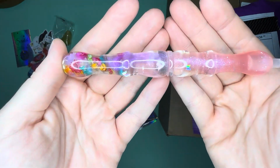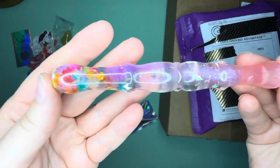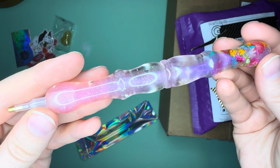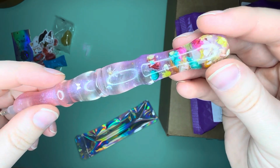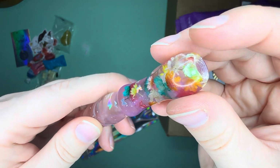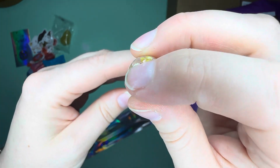And I could not resist this one. And I'll show you why I got this one at such a discount. It's a beautiful, beautiful pen. And when they were turning it, it was a pretty good discount. It was basically half price for this pen because one of the flowers in the mold came out and chipped right there. And you can see the tunnel portion where the